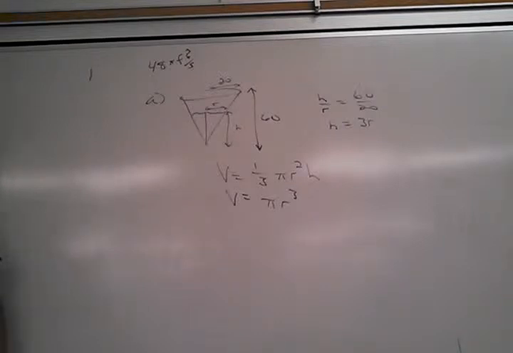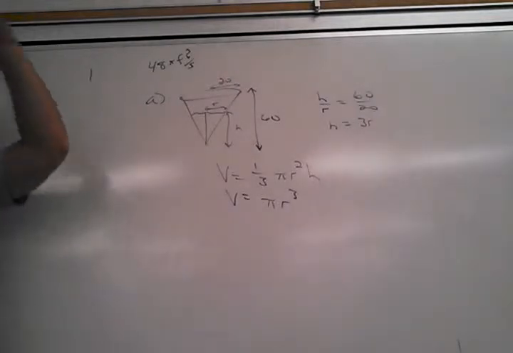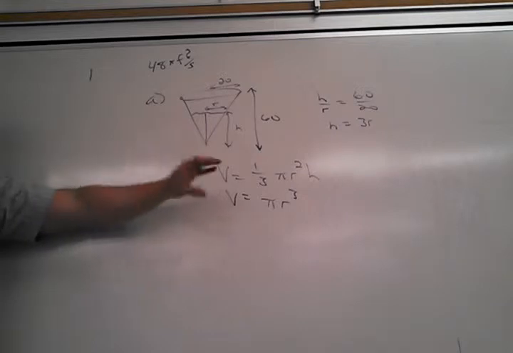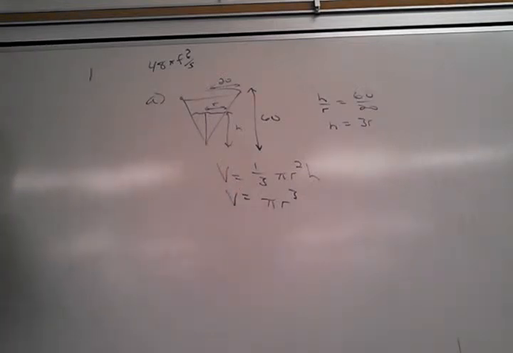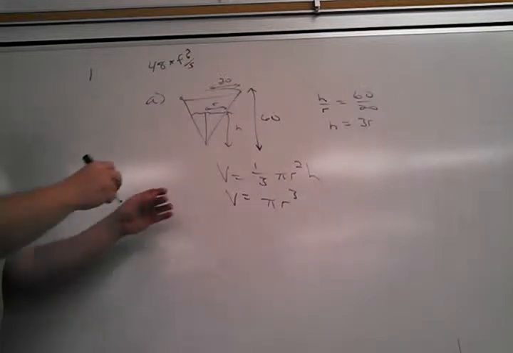So now, this is the key. You want to try to create the function that models what you're working with from whatever information they gave you. And as soon as you create that function, you can attack it and start plugging in rates and whatever else you know. Right? So for part B now,